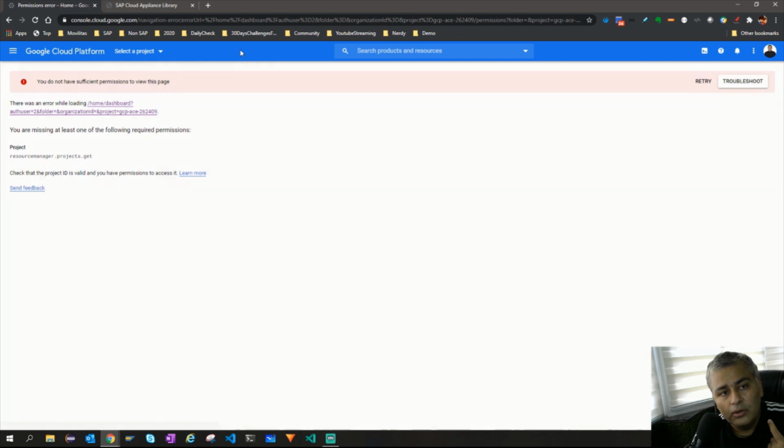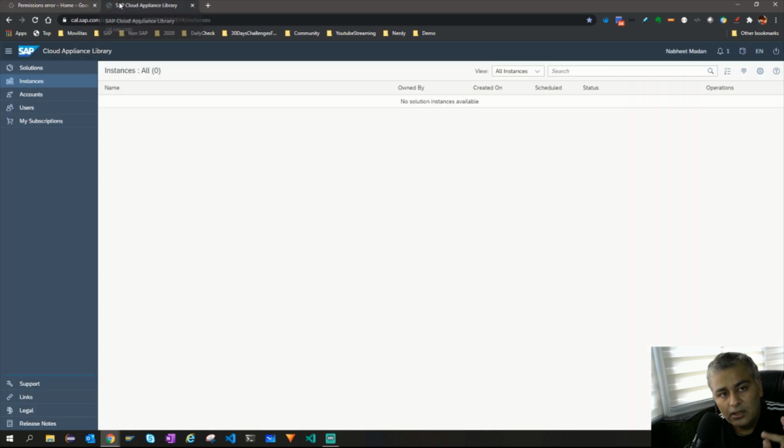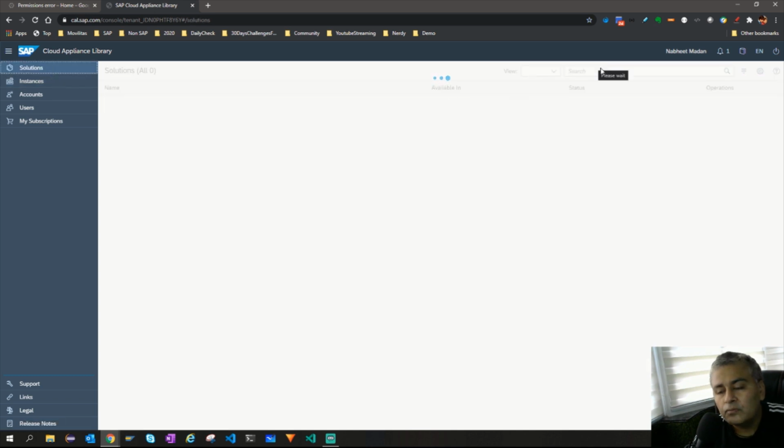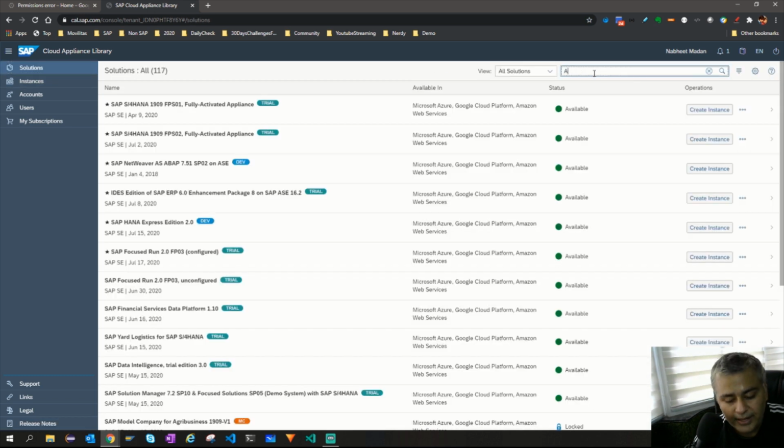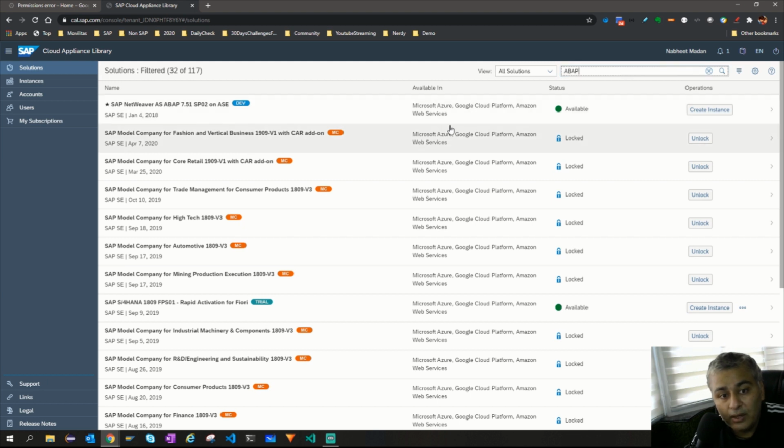Okay, so let's assume you have registered for Google Cloud, and now we will use two things. One is the SAP Cloud Appliance Library. This library provides us with a free development system.